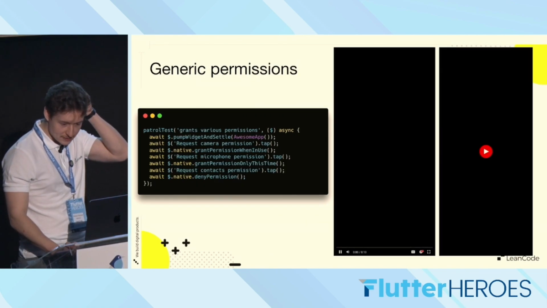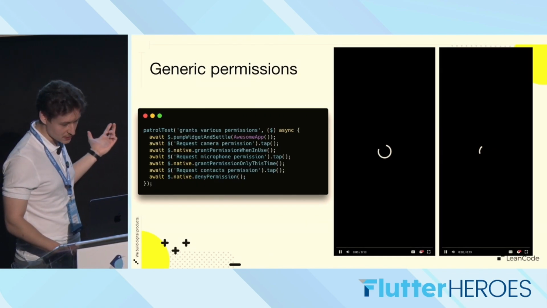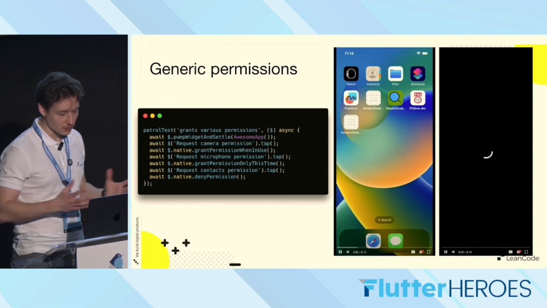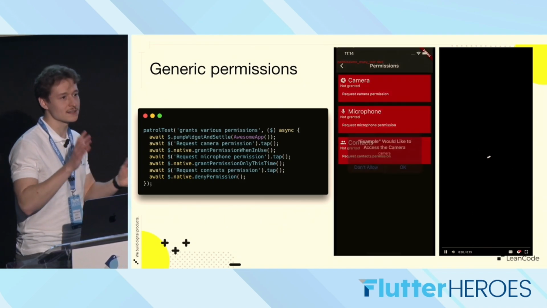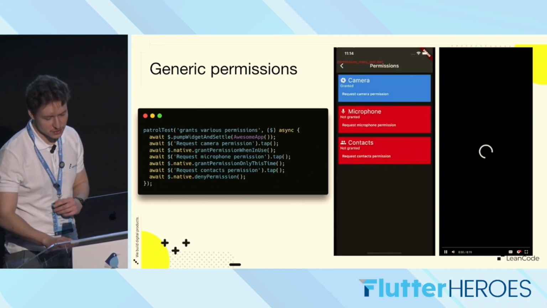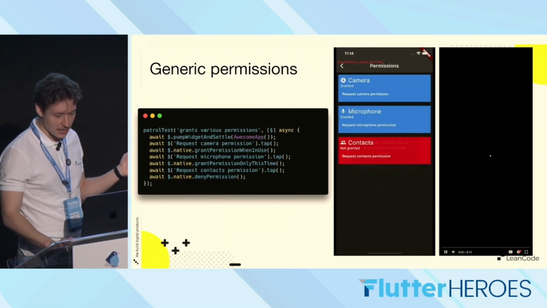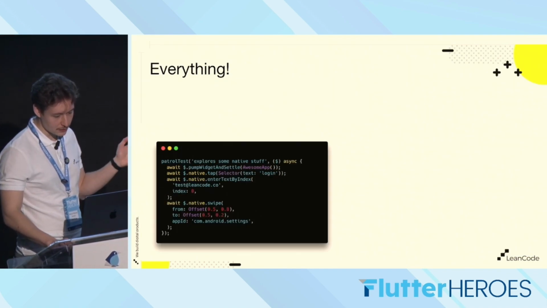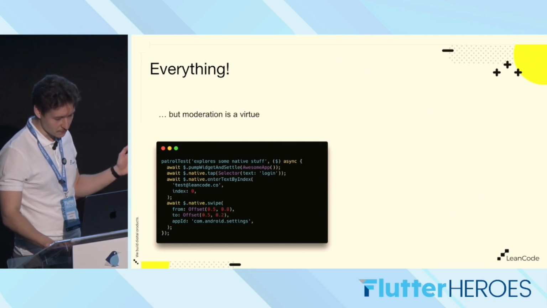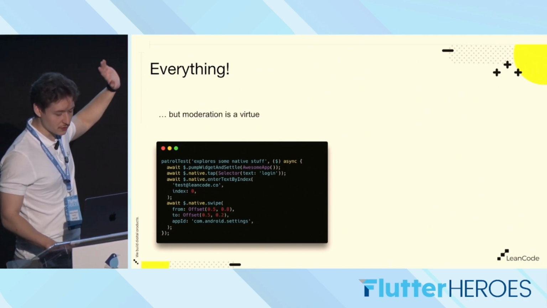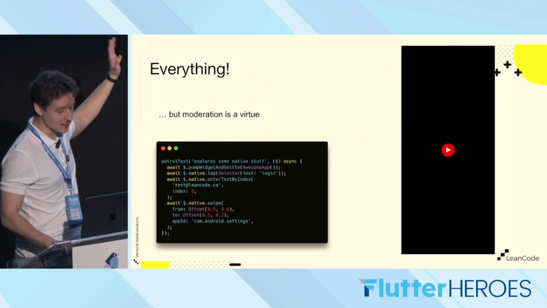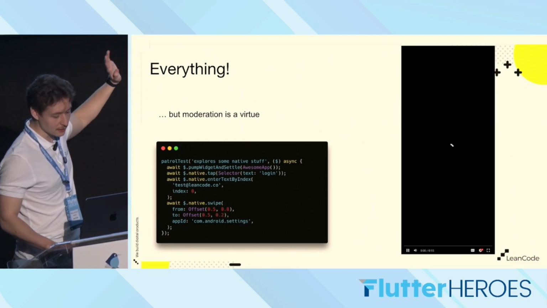So also, as you can see, we support generic permissions, just granting it only this time or when in use. With location, you can set coarse location, precise location. We also have a method for that. Going further, you can actually test everything because we give you the method of tap, the method of enter text by index, swiping natively by coordinates,